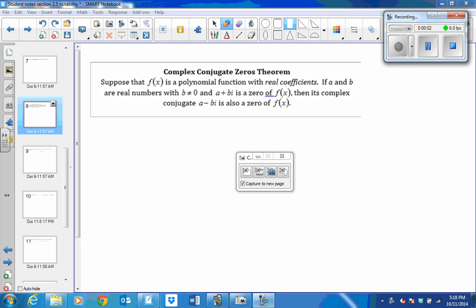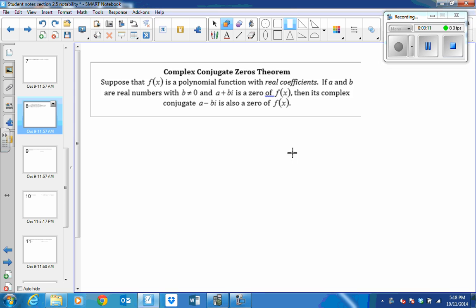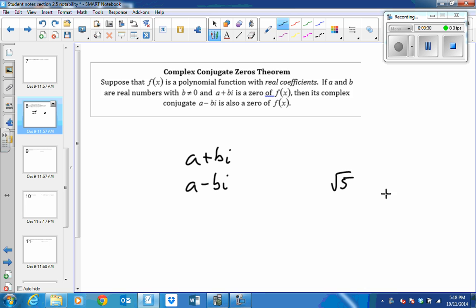As we ended class yesterday, we were talking about the complex conjugate zeros theorem, which basically states if you have one complex number, a plus bi, as a root of a polynomial, then a minus bi is also going to have to be a root of the polynomial. That's true of complex conjugates, and it's true of any irrational numbers as well. If square root of 5 is a solution to a polynomial, then the opposite of that is also a root